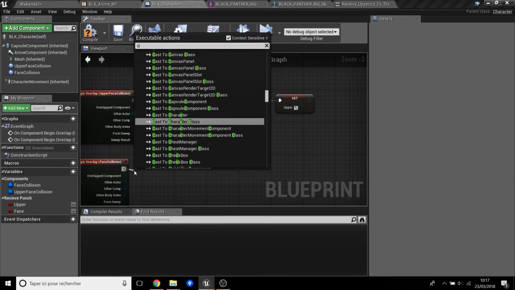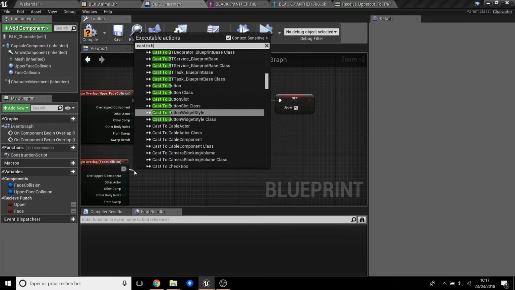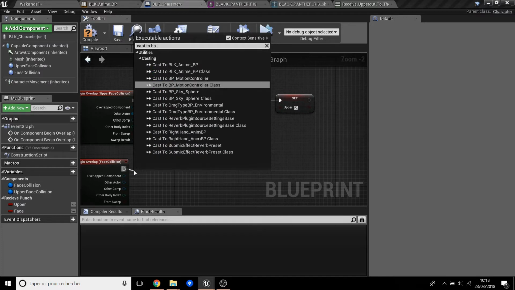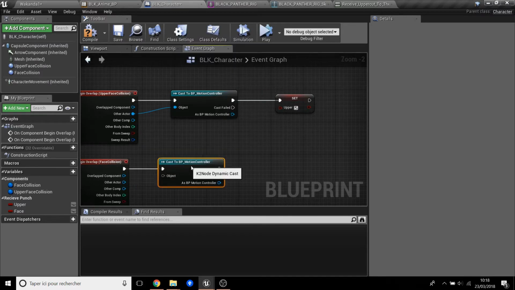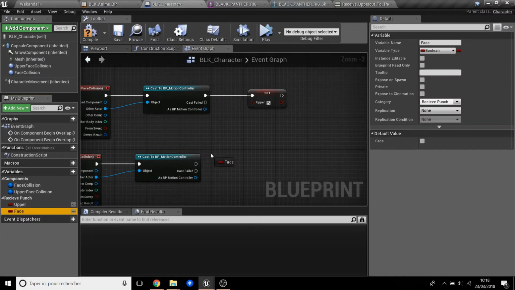The same, cast to BP motion controller, the same as the other one, and this time it will be face. Okay,